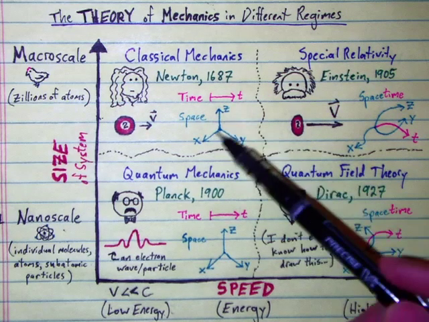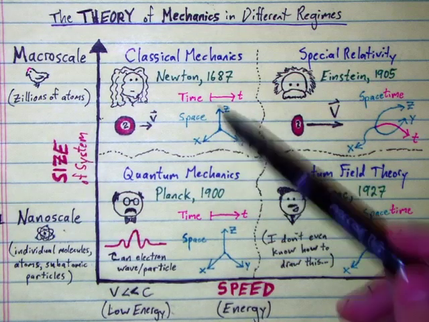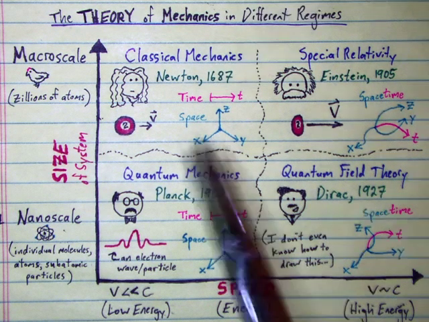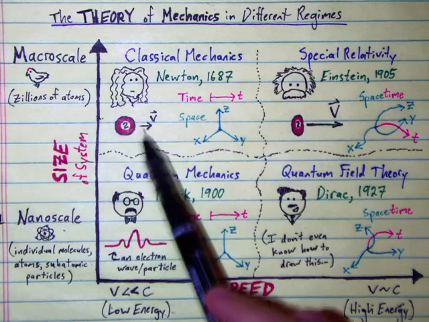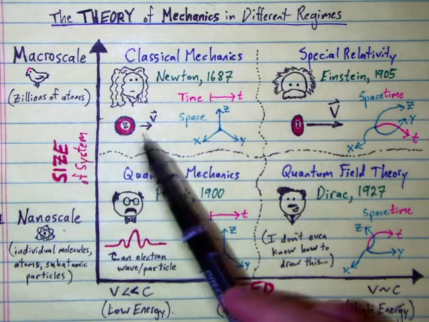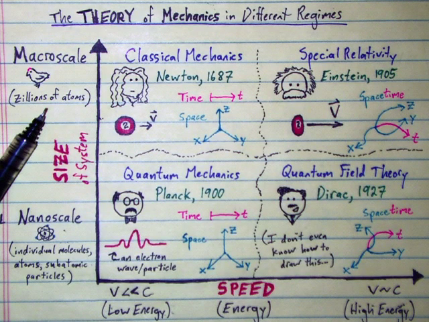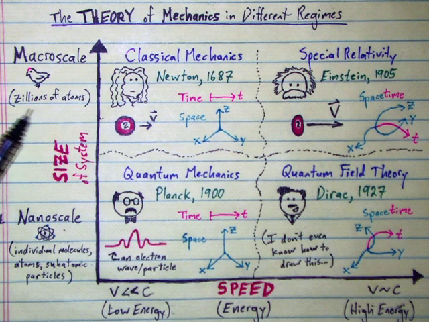We've got three spatial dimensions, x, y, and z, three directions you can move in, and we also move through time. So here's a billiard ball, an example of an object that you could study in classical mechanics because it's made of zillions of atoms. When I say zillions,